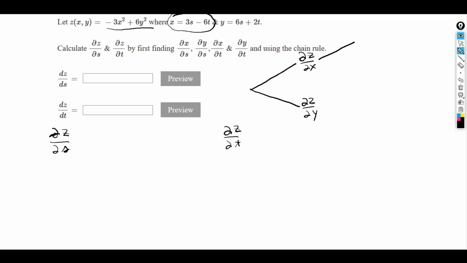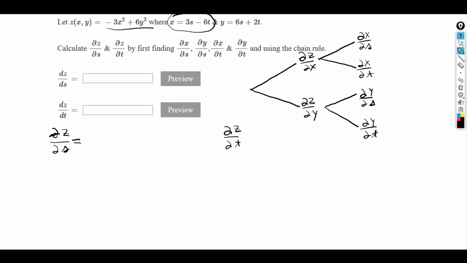So we have two derivatives that we could do on the x. We could do the partial of x with respect to s, and we could do the partial of x with respect to t. Likewise, the y could be the partial with respect to s or the partial with respect to t. So that'll help us to navigate our formula so we can get to the partial of z with respect